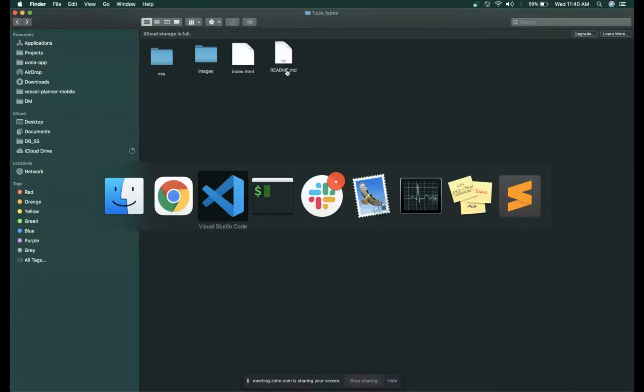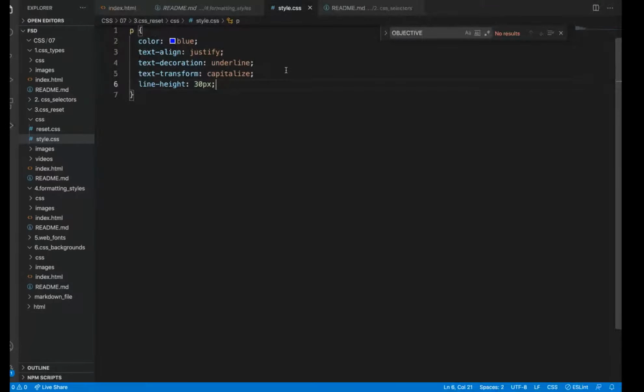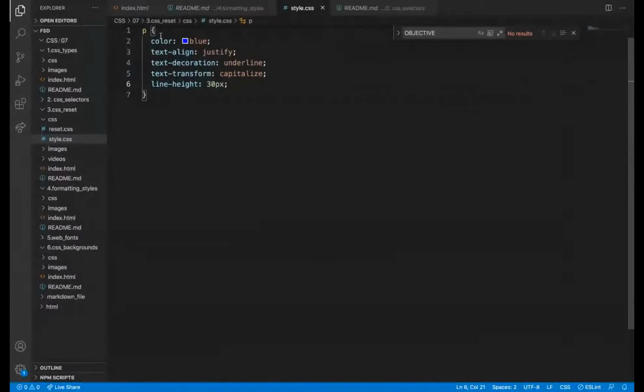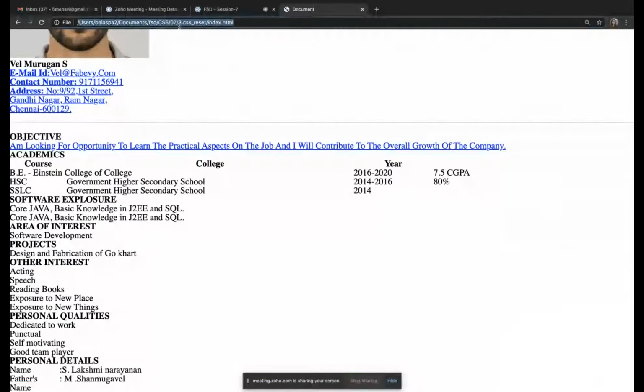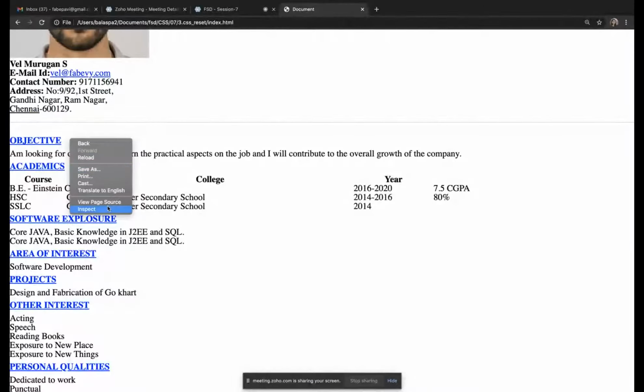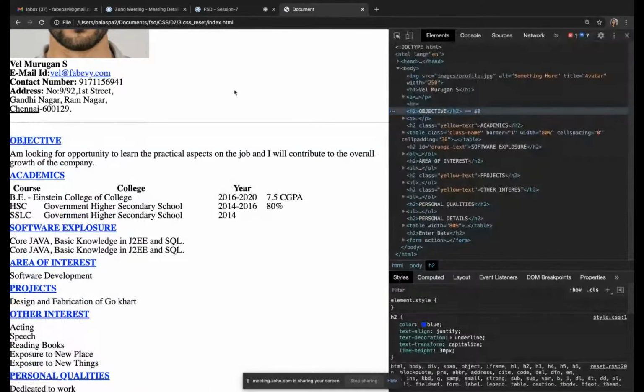These are all the things we will use in the document. P tag, H2, we can give. I'll explain. See, for the H2 tag, keep it a habit of keeping it here. So H2 took the line height of 30. In a document, you might have seen the spacing 1.5, 1.25, the same kind of thing. So line height, if you want to increase the space, we can add line height. For now, for H2 I have given 30.